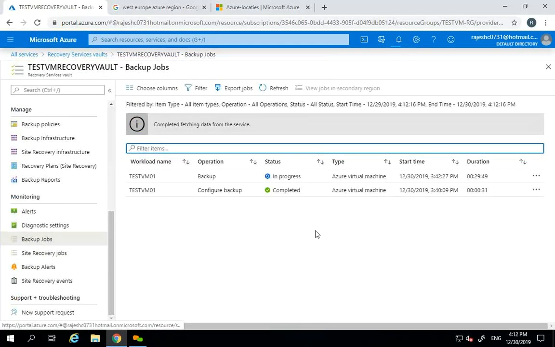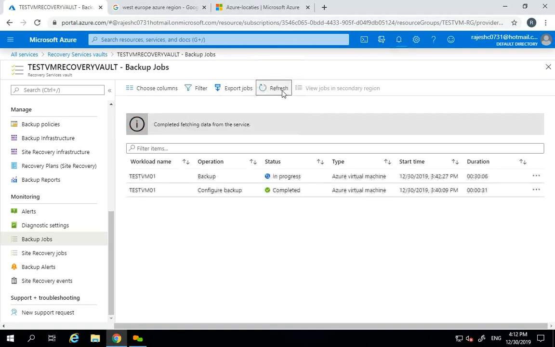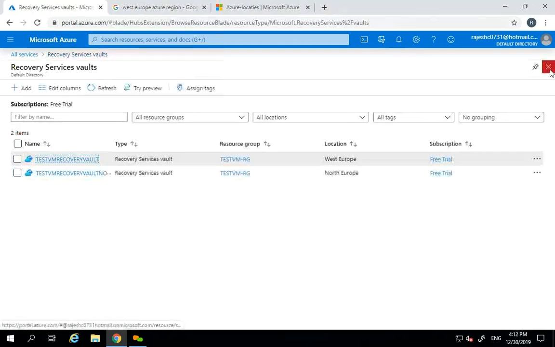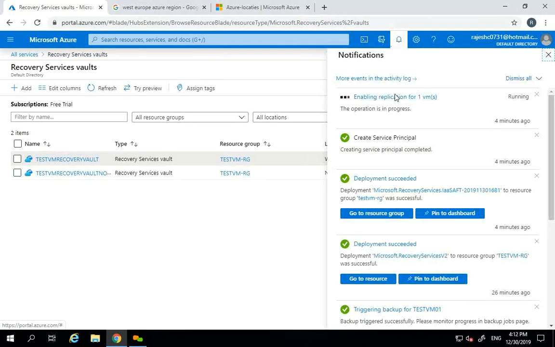If I go and see the backup job, it says still in progress. It's been in progress 29 minutes. Backup is not yet completed. Still it says in progress. So let it be. Now if I wanted to see this disaster recovery,